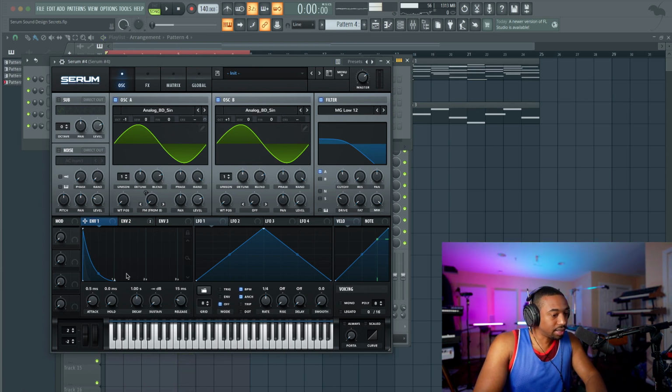So depending on this decay curvature, you get different types of kicks. If you want a trap kick, you would shorten this decay curvature. So shorter kicks get shorter decay.